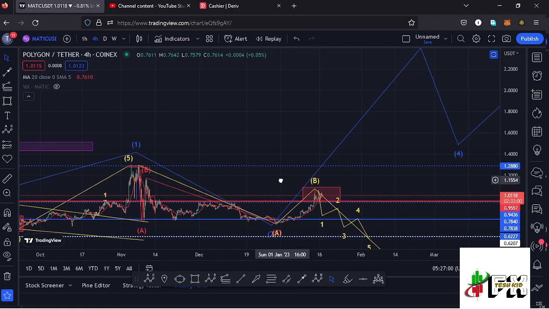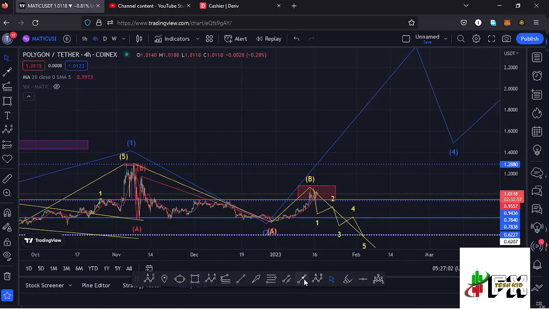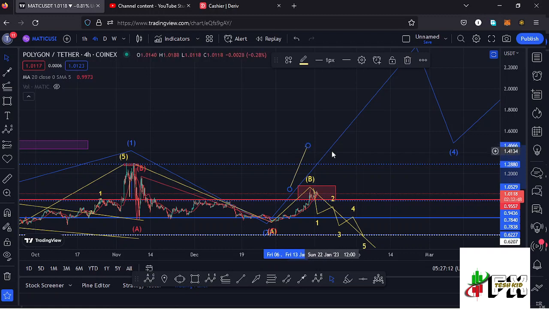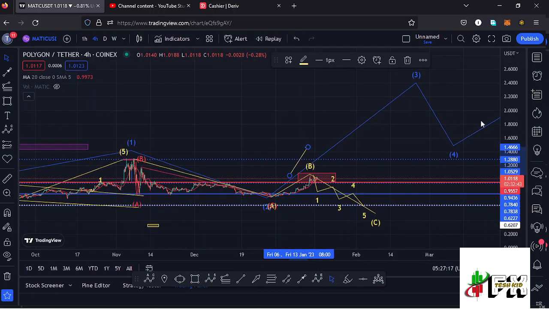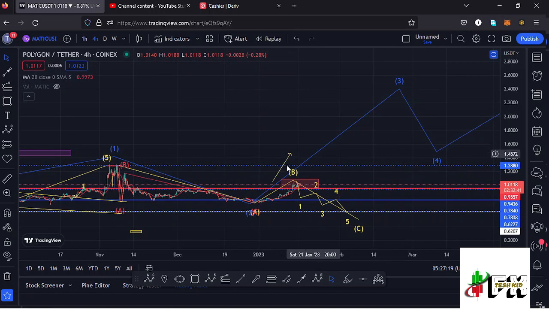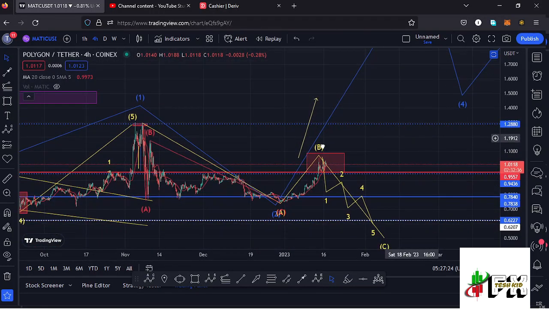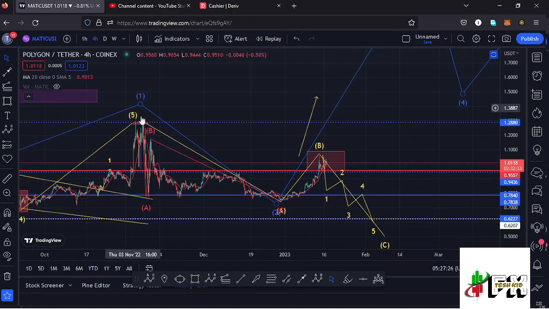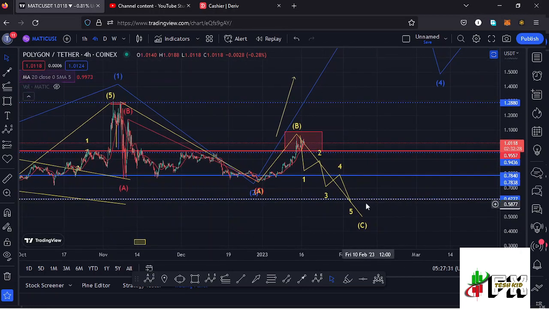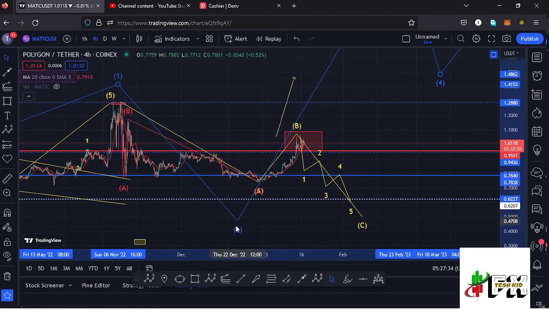In case Polygon Matic continues to see higher prices and get back above the wave 1 high, then that could be the most possible ABC corrective structure, the right ABC corrective structure, and from there we can continue expecting even higher prices in the formation of that higher Elliott wave count 3. But for now, my primary scenario is that the correct ABC corrective structure is this ABC corrective structure that I have right here in yellow, having that as the wave A, then a wave B, then I'm expecting one more new low in the formation of that wave C